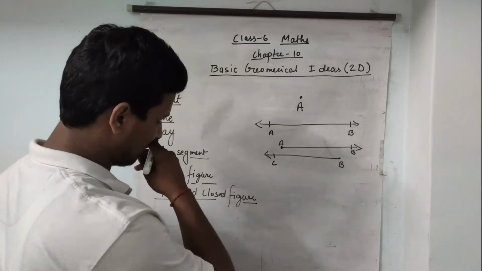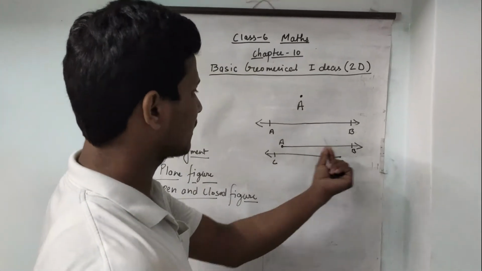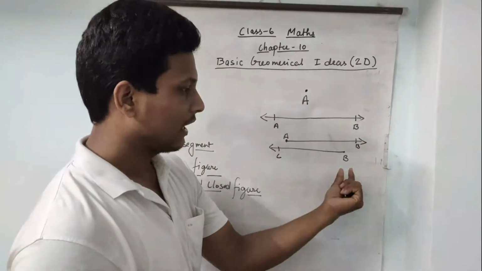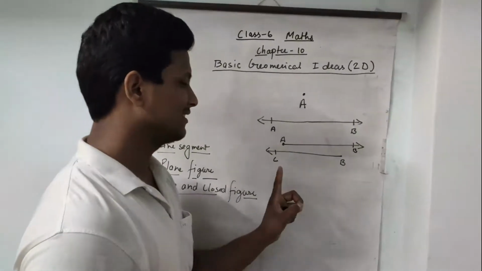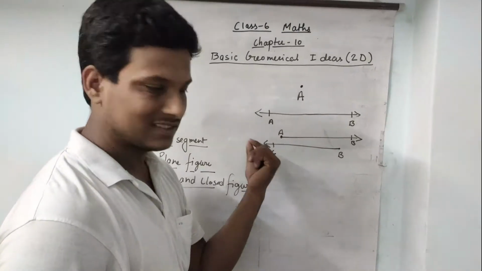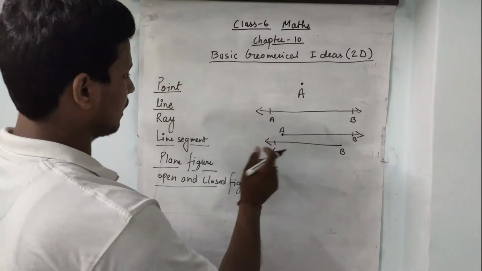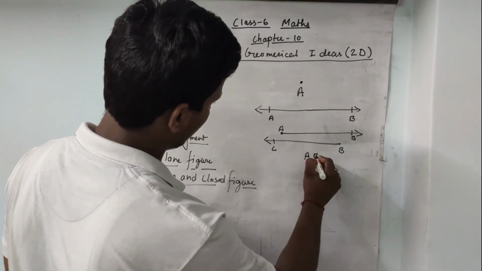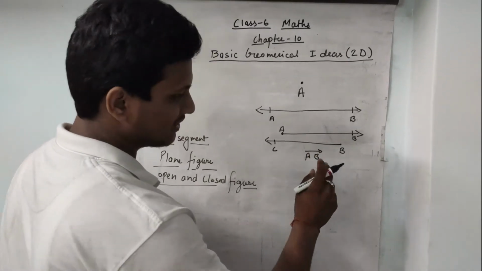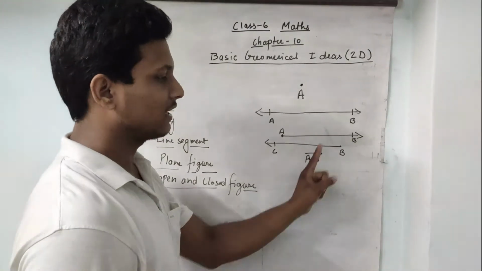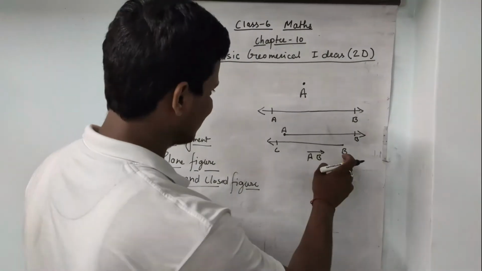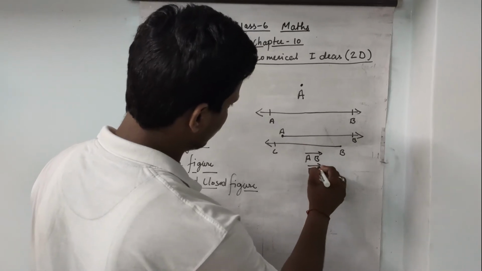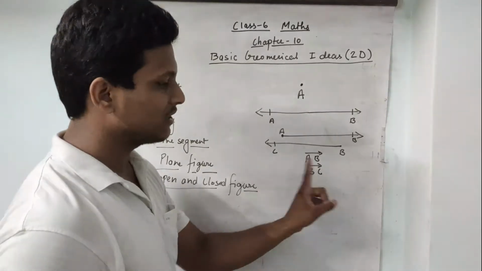This is called ray AB because this goes in the direction B, and this is called ray BC, that goes in the direction C. And we can denote a ray by the direction in which the ray is going, that direction we need to apply. In this case BC, so the ray goes to the C direction, so that's why BC.